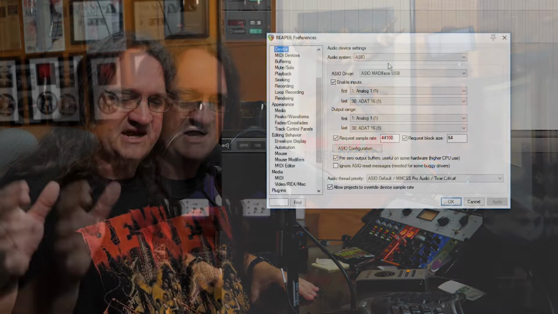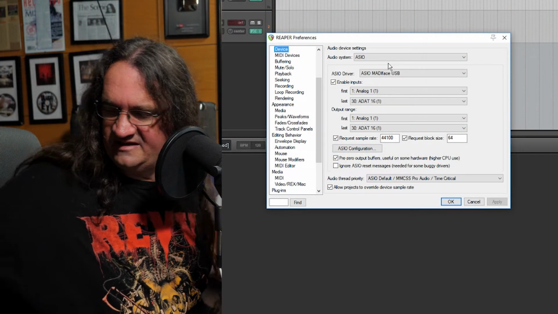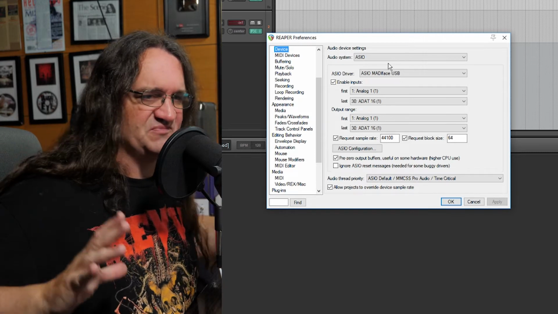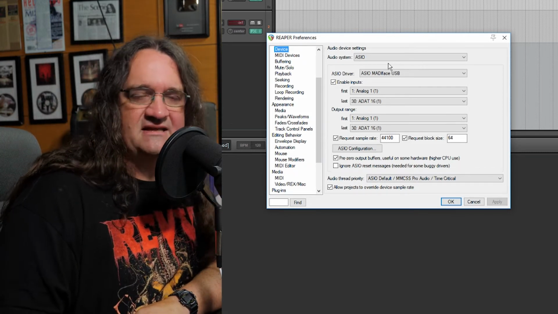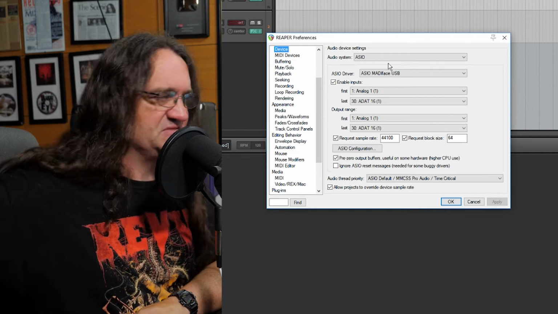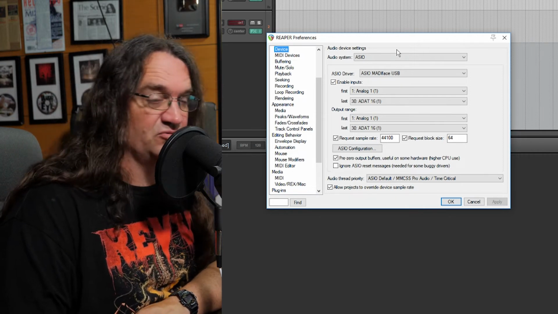Okay, basically, the long and short of it is, latency is how long it takes a signal to get into your system, be processed, and then spit back out. And there's all kinds of different drivers here in Reaper you can use. And I've got a second demonstration using the Focusrite 2i2, just a small one. But for right now, I've got my RME Fireface. This is my day-to-day recording interface I use. It's magnificent, and it does all kinds of things really well.